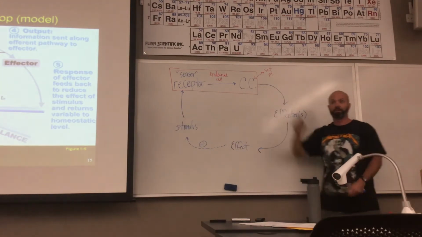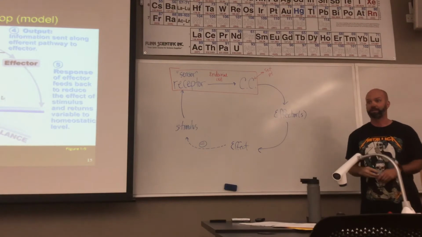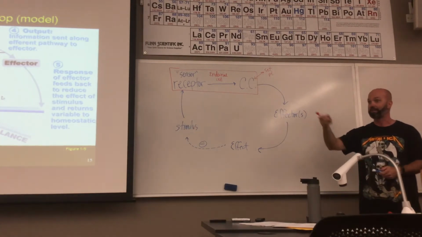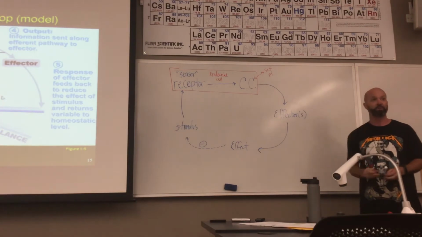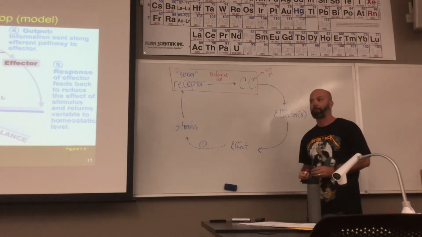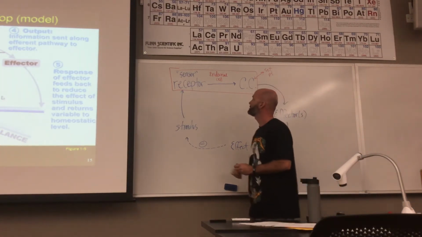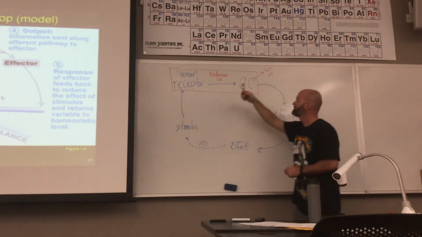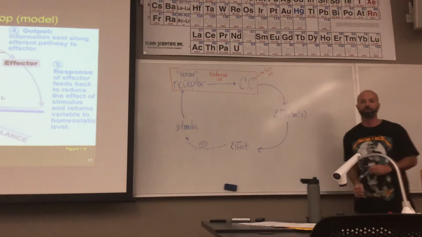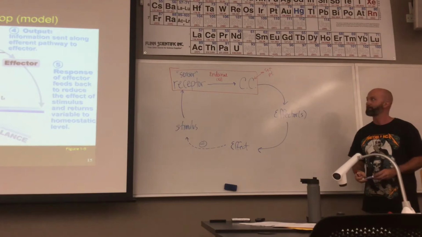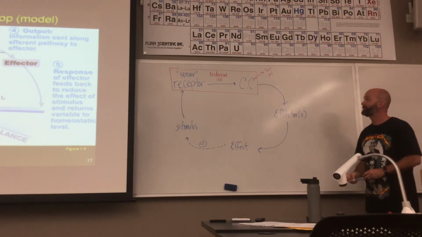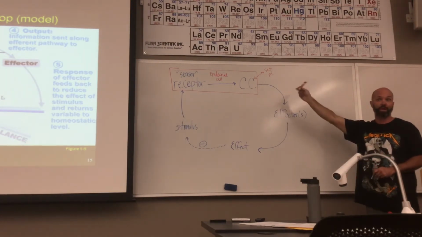What's the control center when it comes to thermoregulation in your body? Temperature. You can give me the brain. The brain's the control center, that works. You could get more specific. In the brain, it's the hypothalamus. So thermoreceptors are going to communicate with the hypothalamus, the brain. And in turn, if there's a problem, the hypothalamus is going to send signals to,